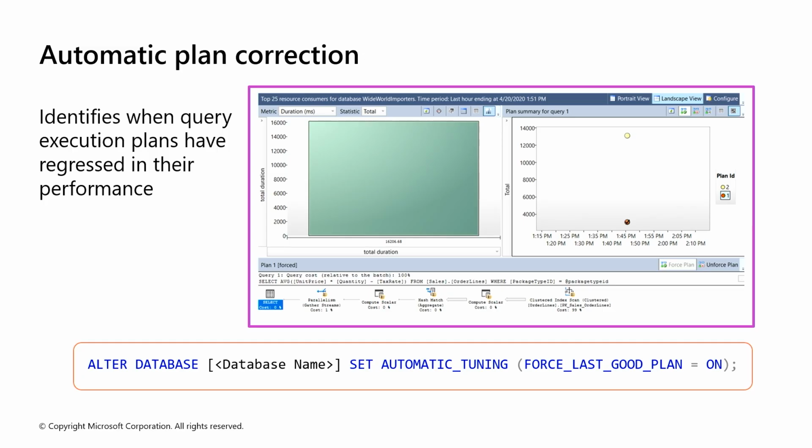If the forced plan no longer performs better, SQL Server will unforce it and compile a new one, ensuring continuous optimization. This behavior is tracked and recommended through the dynamic management view sys.dm_db_tuning_recommendations, which helps DBAs evaluate